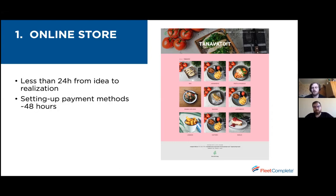Now, once the online store was ready, we added the payment methods. In Estonia, people are not so used to using PayPal or something like that, but they use bank links. Implementing those bank links takes some more time because there's some bureaucracy involved. You have to write the terms and conditions, and somebody has to check your online store that everything is by the line, and that's why it took almost 48 hours to get those payment gateways in place for that specific store. But as you can see, it was still super fast,